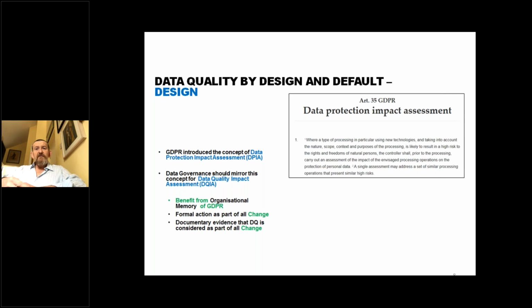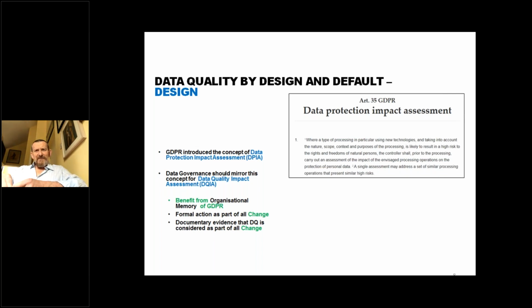This is demanded by the data protection regulation if any change has the potential to introduce or increase significant risk to data subjects in the use and processing of personal data. So if you're doing a change program and it happens to involve personal data, and there's any chance at all that the change itself, either the nature of the processing or the architecture of the solution, in some way introduces some potential risk to the data subjects, you have to record a document called a DPIA. It's not an option, it's mandatory under Article 35. So every formal change methodology in your organization should have this step, must have this step.